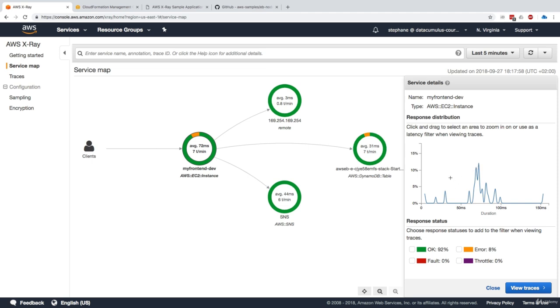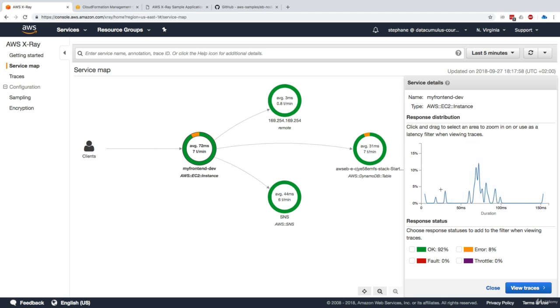We can see that we have a distribution of response time between the lower end of 15 milliseconds to maybe 150 milliseconds. But most of our requests are between 50 milliseconds and 100 milliseconds. So if we wanted, we could trace only the requests that are a bit slower. Maybe we can even trace the one that is the slowest, right? So you're able to just select and choose whatever you want.